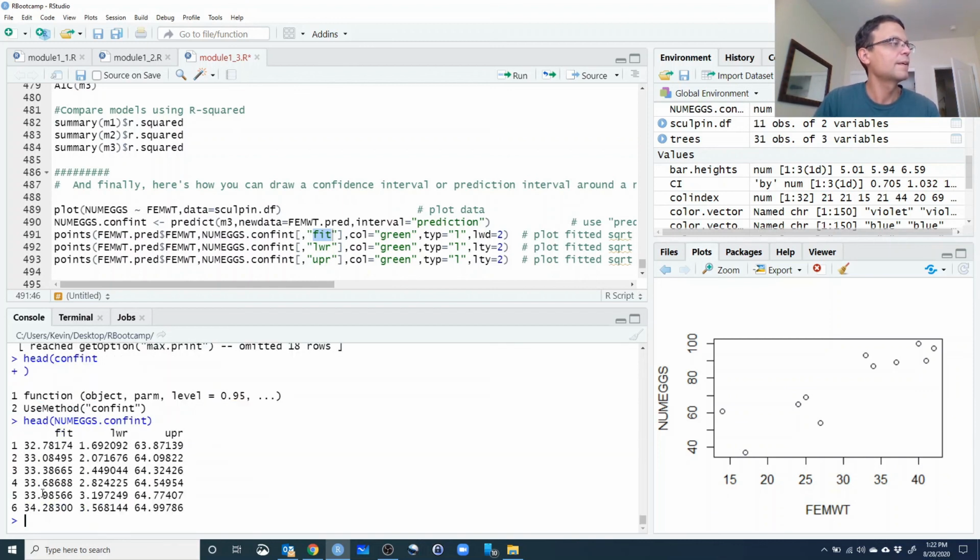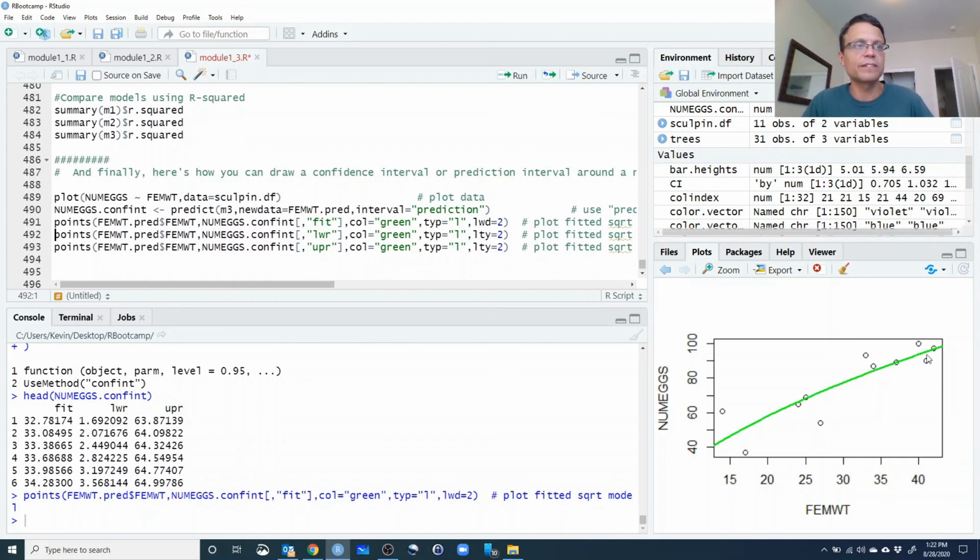And we see that we have the named columns. So we have a column named fit. That's the mean, the expected value for each value of female weight. Then we have the lower bound and the upper bound of the prediction interval for each prediction of number of eggs. All right, so we can add the fitted